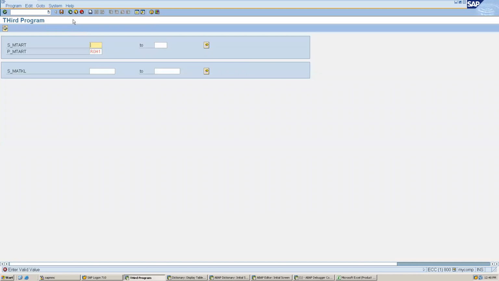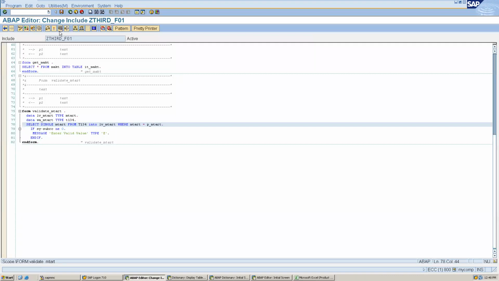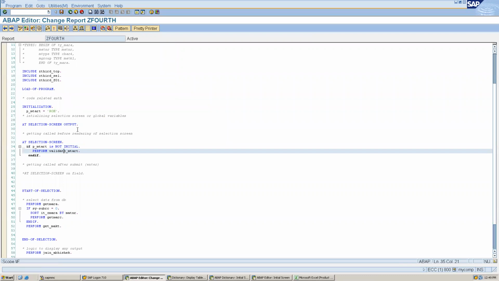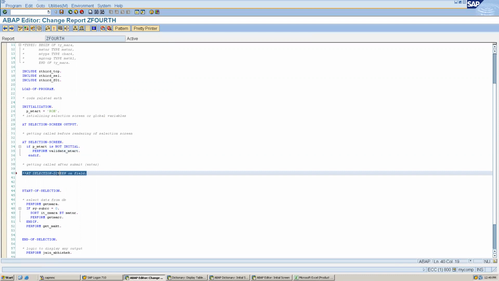Yes. Okay. And for example, here one thing we can see: all the fields are available. So it is hard to identify on which field we get the error. Even though it has made it red, we can have multiple inputs, right? So for example, whatever we have commented at selection screen, what is the name of P underscore MTRT, right?